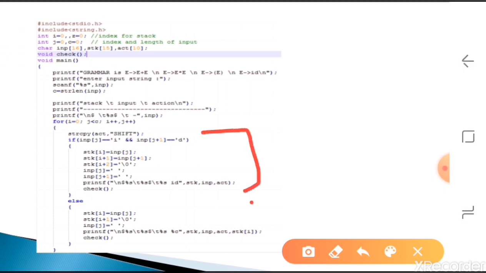So if it is not there, by default we are considering it as 1 byte only. So if it is an id, what we have to do is move i also, d also, to the stack. Whatever input content is there, we are moving to the stack. So stack of i is equal to whatever input i, that I will move. Stack of i plus 1, whatever input after i, that is character d, that I will move. Then stack of i plus 2, that is the end of the string,